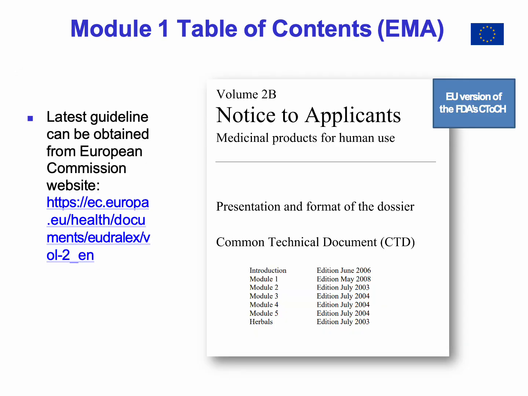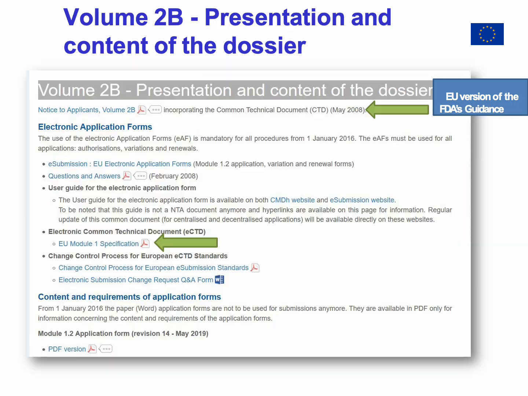Now, continuing with the EMA, it also has guidance documents. Any regulatory professional will need to go to the EMA website and search for the guidance documents, of course, for the purpose of this lecture, related to the structure of Module 1 of the CTD. In those documents, we can always look into different specifications, which are related to the European specifications.